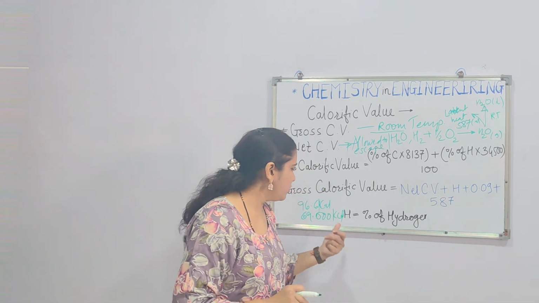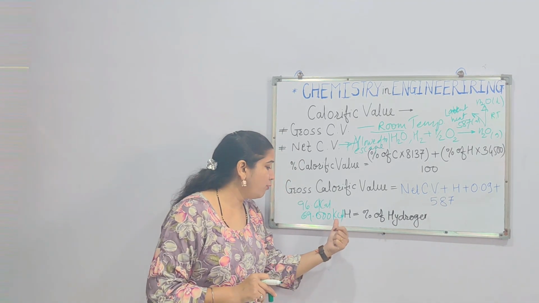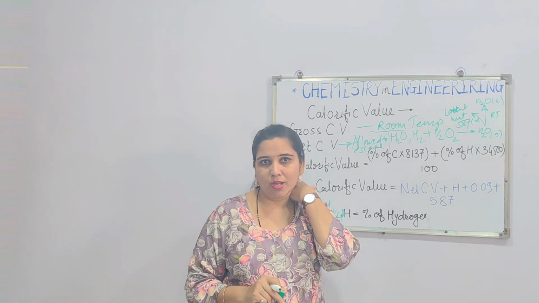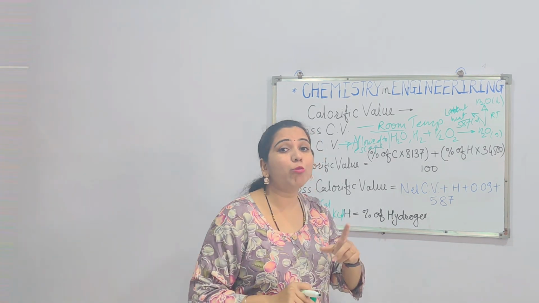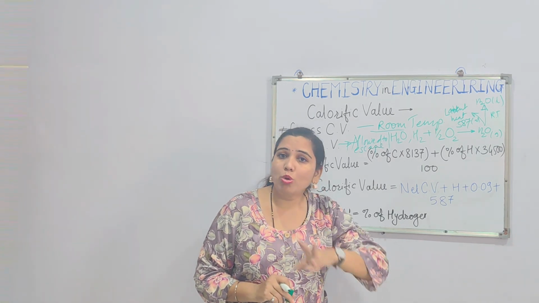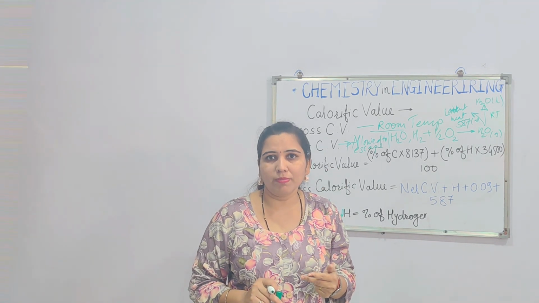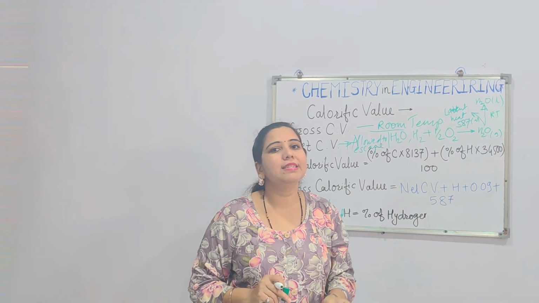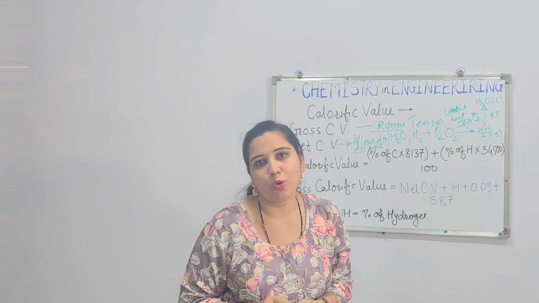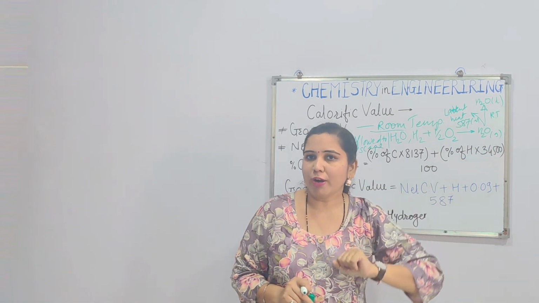In the same way, for hydrogen, when 1 mole of hydrogen is burnt, 69 kilocalories of energy is produced. To calculate it for 1 gram of hydrogen, we know that 1 mole of hydrogen is H2, with a molecular weight of 2, so we divide by 2 to get 1 gram of hydrogen. By dividing it by 2, we get 34500.